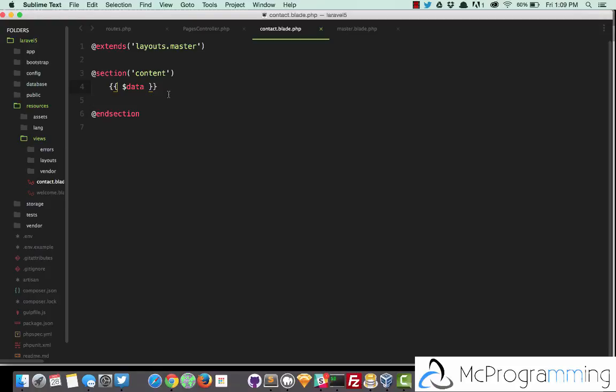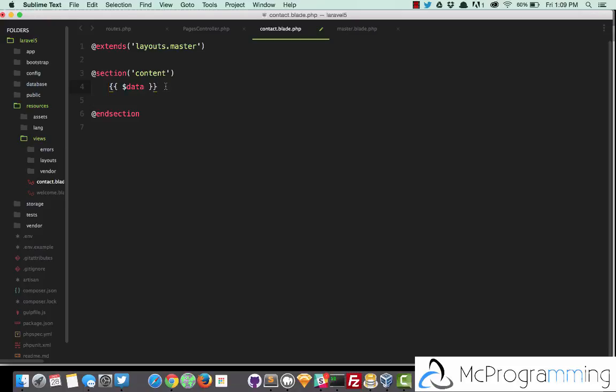You may have noticed that Laravel can run with some JavaScript libraries, and some of these libraries, such as Angular, also use these double curly brackets. So how can we differentiate these in our view if we're going to be using Angular? Anytime that you use Angular or any other JavaScript library that also uses these, to show Laravel that this is JavaScript, just write it like that with an @ symbol in front, and it won't be rendered by the